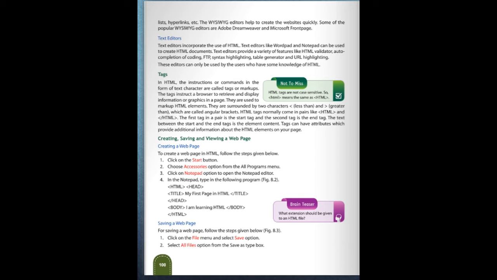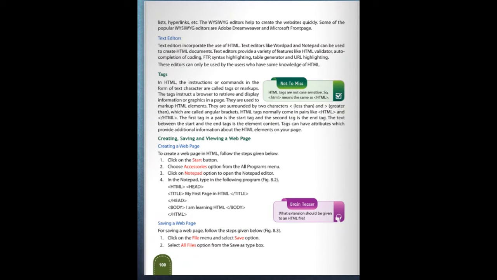Text editors provide a variety of features like HTML validator, autocomplete of coding, FTP, syntax highlighting, table generator and URL highlighting. So these editors provide flexibility to the person to code in HTML. These editors can be used by the user who has some knowledge of HTML.